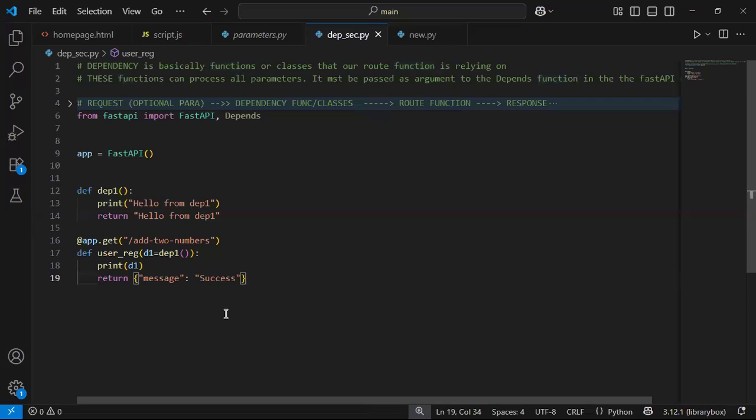So, in order for your function to be considered a dependency, two things must be met. This function has the ability of processing all parameters, which in this case are query and path and the rest of them. But so far, if I come here and give A and B, A and B would not be seen as query or path or header or body parameters. It will be seen as a normal